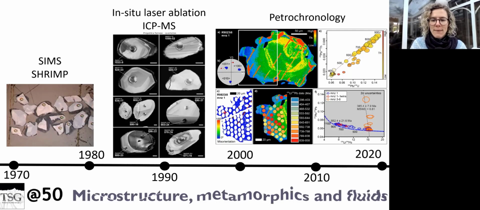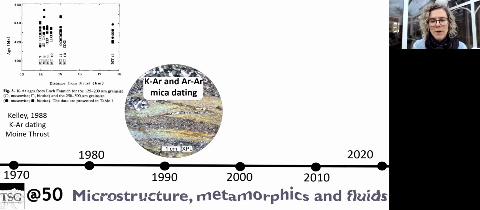Fifty years ago, uranium-lead geochronology was done on bulk analyses of separated grains, losing that very important spatial context. Advances in in situ techniques such as SIMS and laser ablation since the 80s and 90s have meant that we can now analyze minerals in thin section, maintaining that fundamentally important context. And petrochronology techniques combine microtextures, geochemistry, and ages to fully integrate the pressure-temperature-time-deformation path of a rock. As time is short, I'm just going to focus on two dominant methods that we've used to date deformation over